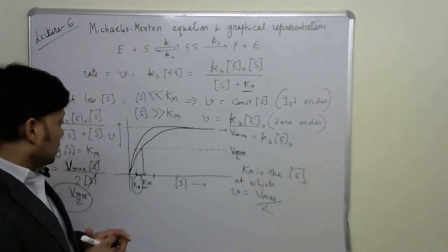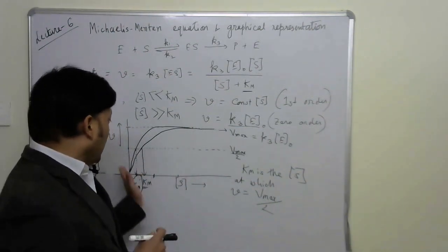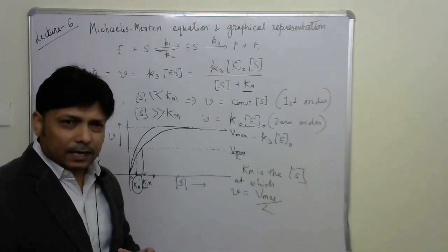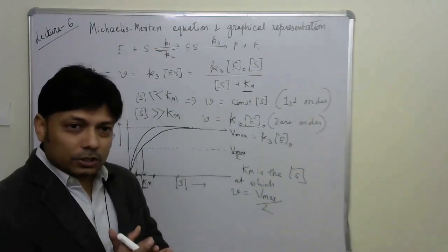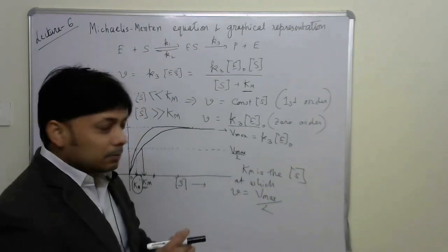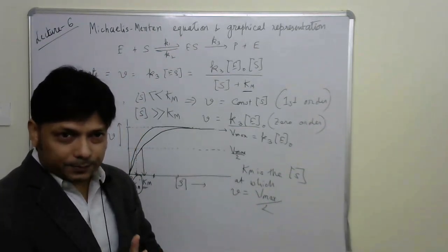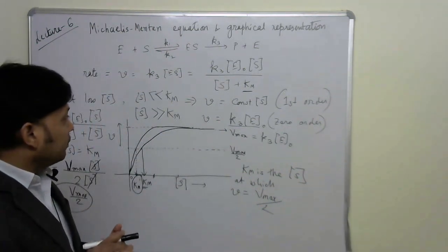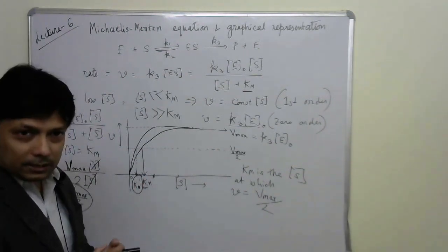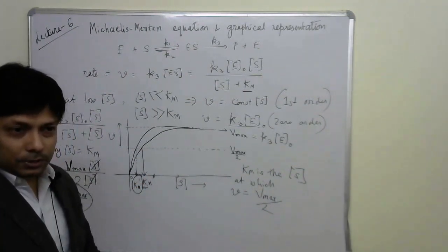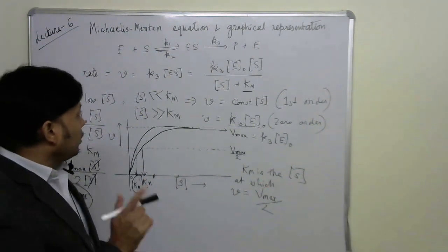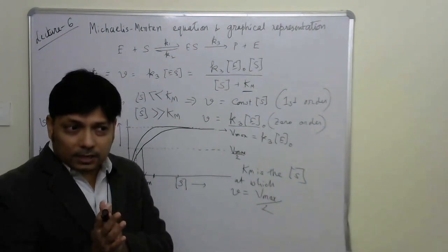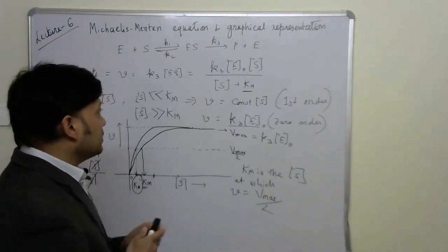So therefore, in other words, if I have a higher Km value, the enzyme would take more substrate concentration to reach the maximum velocity, or Vmax. Okay, so from this discussion we can try to get an idea of the Michaelis constant and its physical interpretation. Now one very important point is that this Km, or Michaelis constant, is specific to a particular enzyme catalysis,